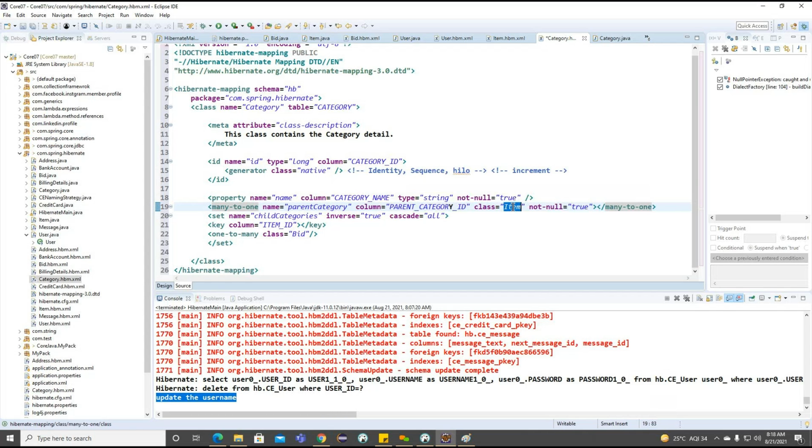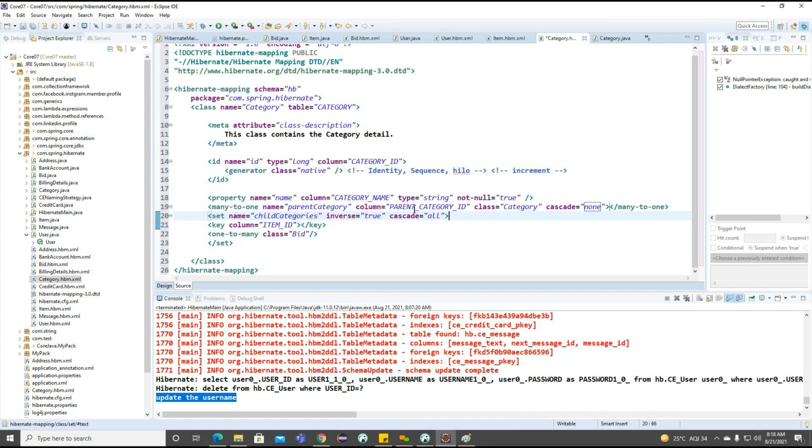And what is the class we need to make here? Category. We already identified this information, and not-null we can remove, and we can go for the cascade. The cascade I want to make none. Why do I want to make none here? If I'm not updating the parent category, we don't want to update any information here. Sometimes we'll keep the parent category as null.